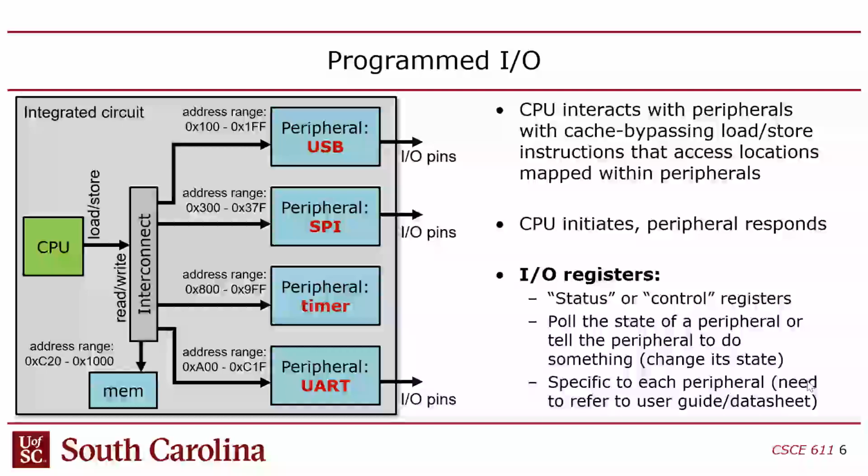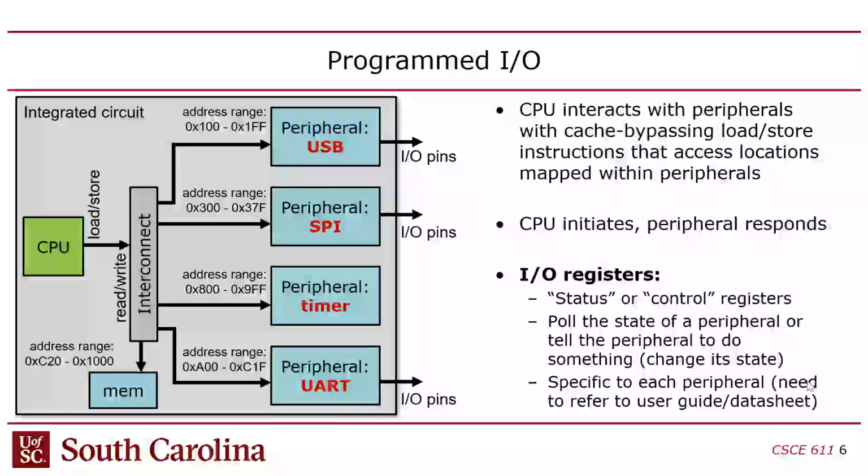How does that work? As it turns out, it's not obvious, but all I/O is done through load and store instructions. But the problem is when you learn about those in architecture, the way they're defined is that a load and store instruction transfers data between registers and memory. That's the way they're defined, right? If you want to take data in a register and put it in RAM, use a store. And if you want to take data from RAM and put it in a register, use a load, right? So how does that work with I/O or communicating with other circuits? How does the CPU use that to communicate with external circuits, peripherals? The way it does it is through special addresses,